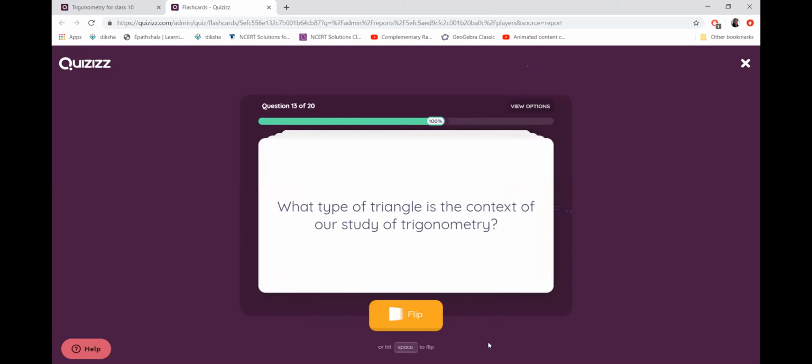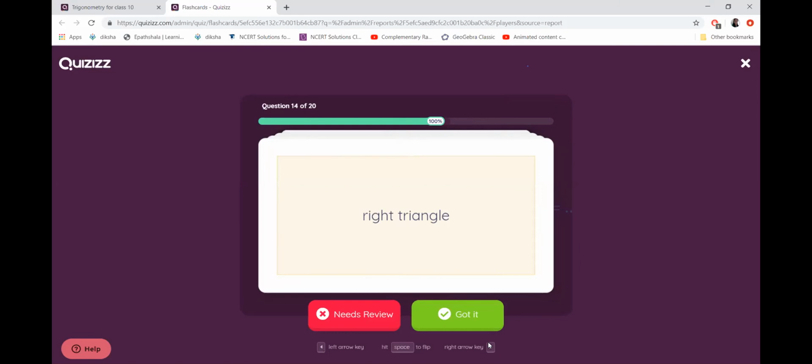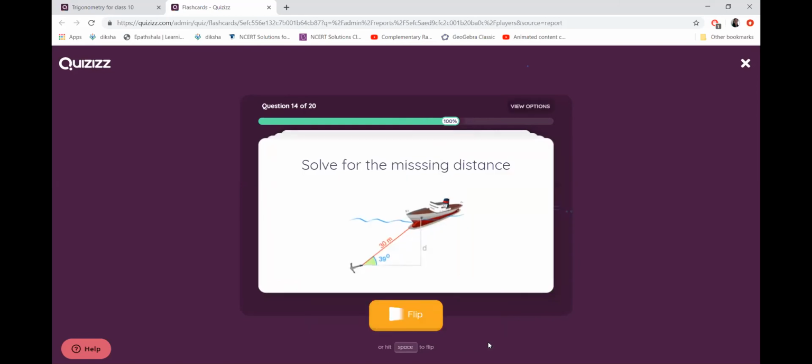Trigonometry, when the study is there, what kind of triangles will be there? It is such a simple question. Only in this question, I forgot to give you a value. Here, 39 is not a specific angle for which you know the value. I should have given you what sine 39 is. Then you would have been able to calculate.